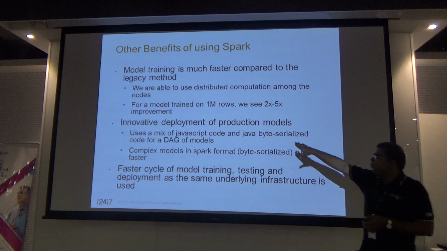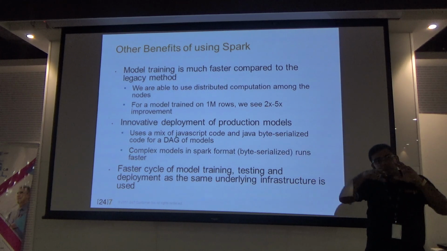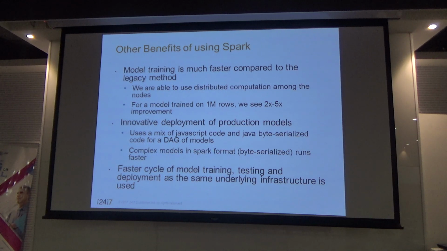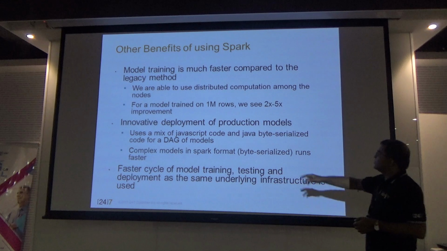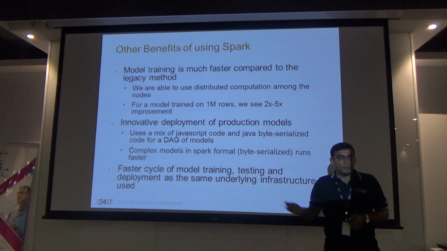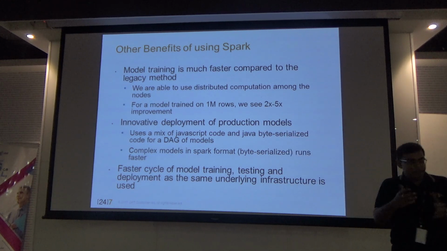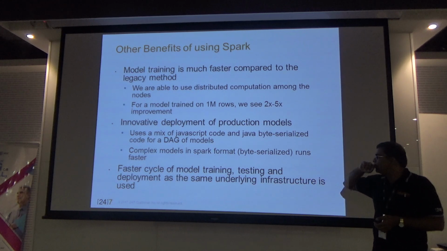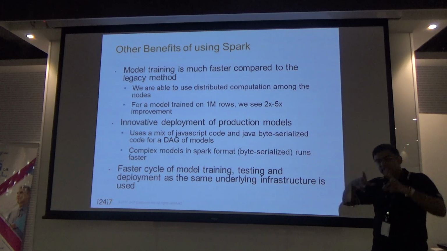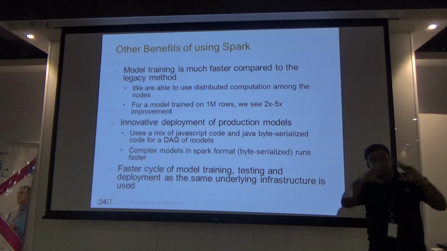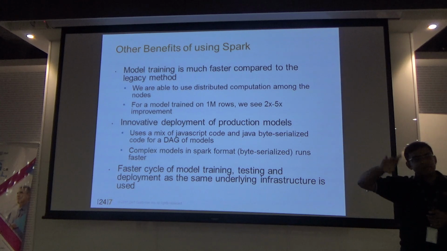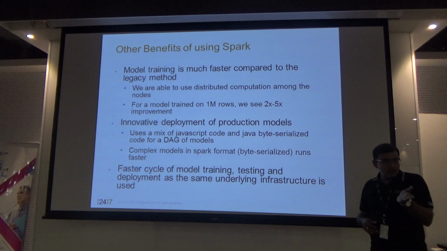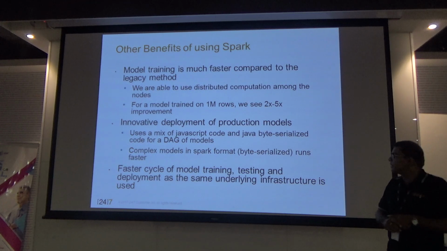So we encode those into JavaScript, and then we have other parts which are core machine learning models like linear regression, naive-Bayes, SVM. Those types of models we keep in a Java byte serialized format, basically the Spark format. It can be Parquet; there are other formats also. Then we form a DAG of these models, which gets evaluated in prediction. So hopefully that answers the question of how we take care of the business case.